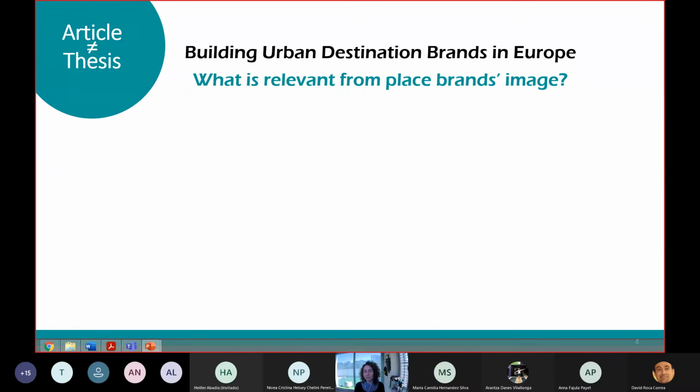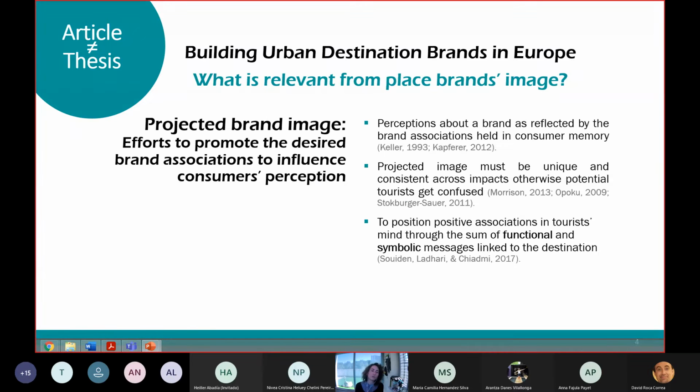So what is relevant from place brand image? First of all, I was doing research about projected brand image, which is the efforts that the destinations put to promote these desired brand associations to influence consumers' minds. So usually we say that brand image is actually what stays in consumers' mind after a set of inputs. Okay, so the projected brand image is the effort that communication experts would put in order to place these ideas in consumers' minds,